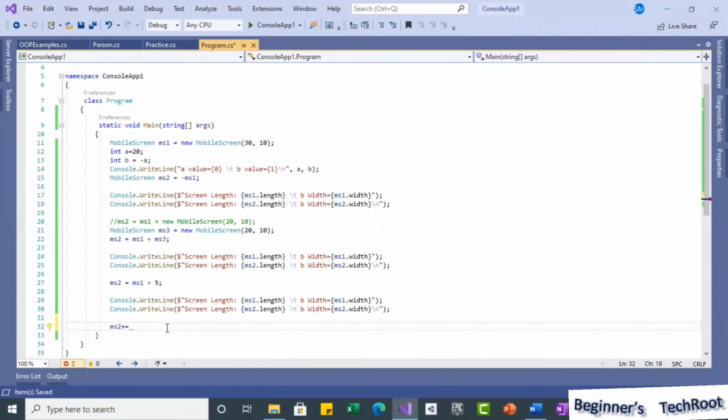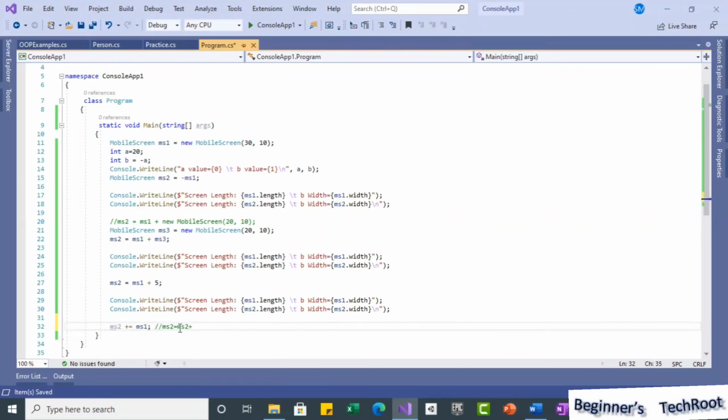again ms1. So this way, if I use ms2 equal to ms1, in this case ms2 we are not reassigning. What happens is this ms2 also will be referred, right? This is nothing but what it will be treated as: ms2 equal to ms2 plus ms1. It will be like this, ms2 equal to ms2 plus ms1.